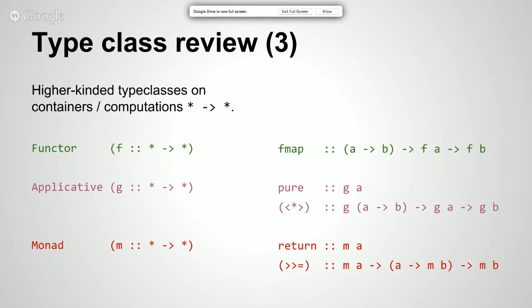And then we talked about higher kinded type classes on our containers and our computational contexts of applicativeness and monadness, I guess one might say. Functor, the canonical example is a list. It's just a container of things. We don't really think of it as a computational context. It's just